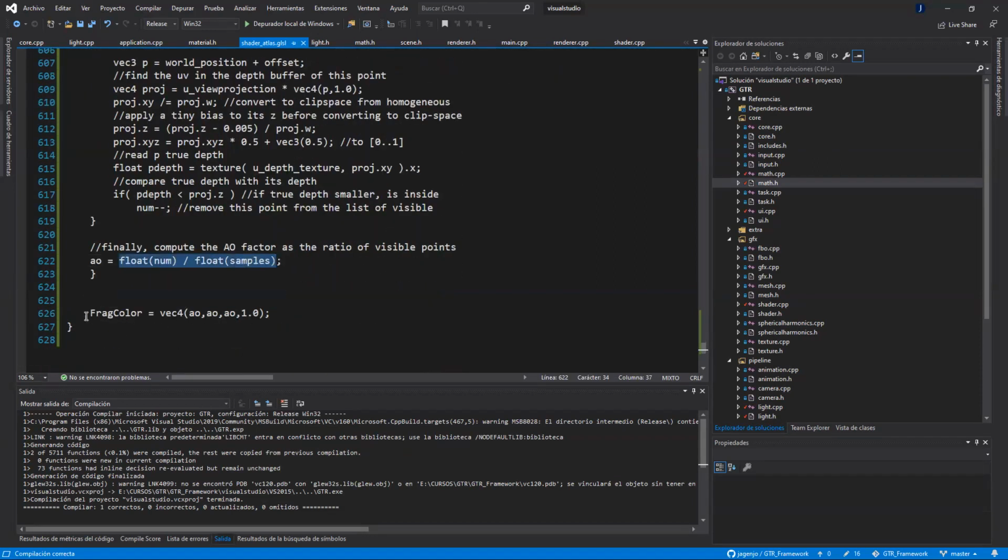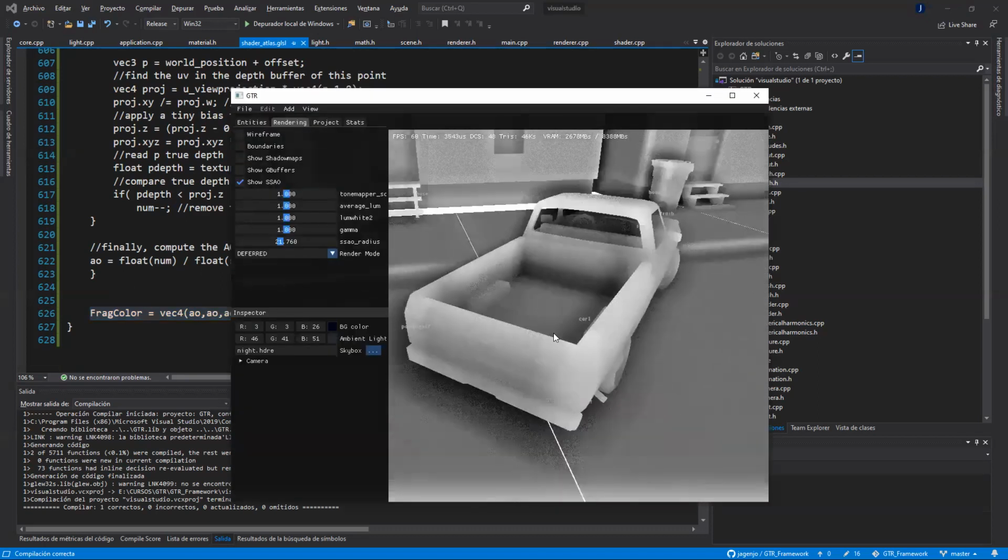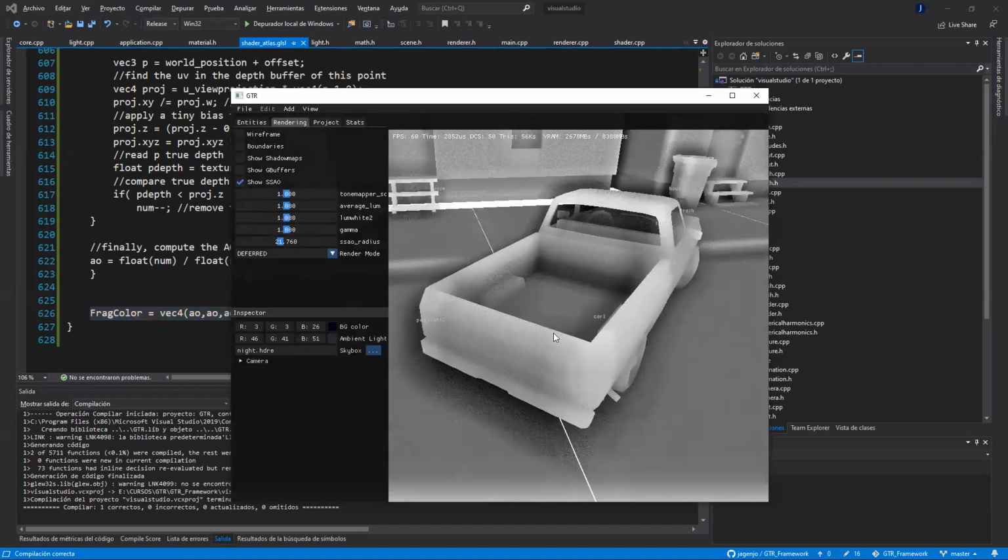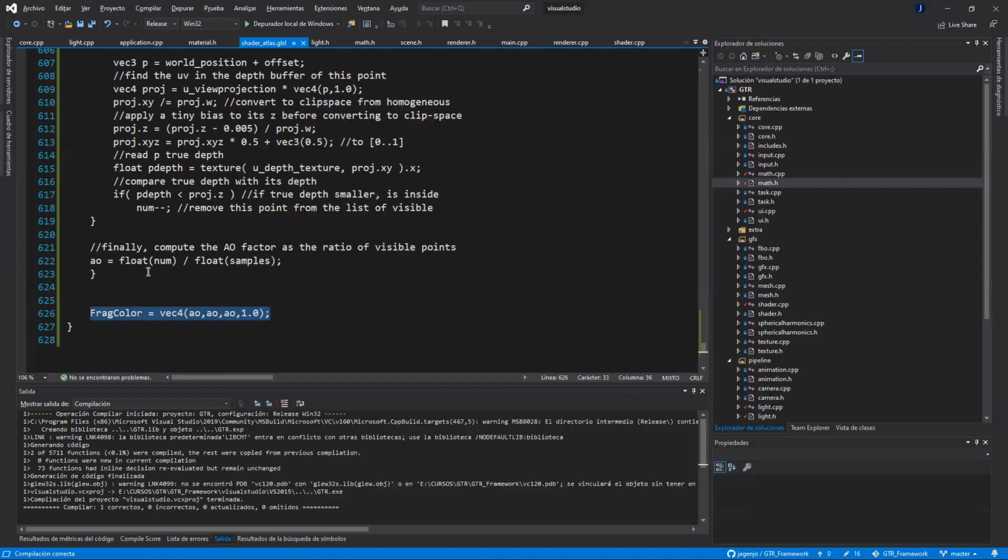But currently, I'm just outputting this value on the screen, and the screen is not supposed to be linear, it's gamma. So because I'm doing that, this value is not properly displayed on the screen. What I'm seeing here is not properly the screen space ambient occlusion, because this is in linear space, not in gamma. If I just want to visualize it, not use it,